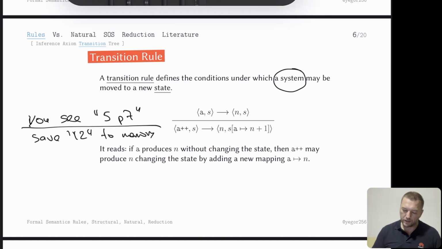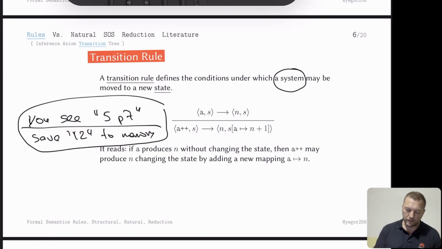This is our very primitive semantic of the calculator. And if I give you this semantic, this inference rule, then you will know how to implement the calculator. But basically, I'm not going to tell you 7+7. I will tell you, if you see this abstract syntax tree, where you will see the command, and you will see 5, and you will see p, and you will see 7, then save 12 to memory. Or maybe even better, I will tell you, if you see p with 5 and 7, then save 12 to memory. Or maybe even better, I can say, if you see p, x,